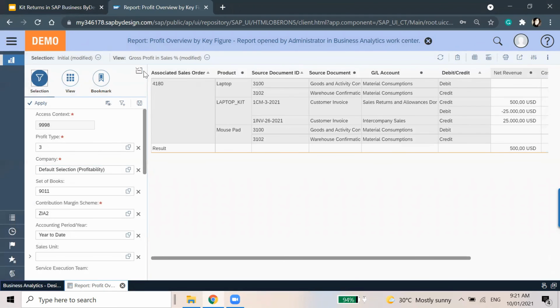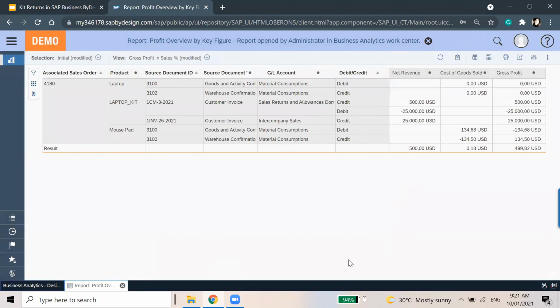We have different profit types. Here it is showing the earned profit one. This is how we can see it.